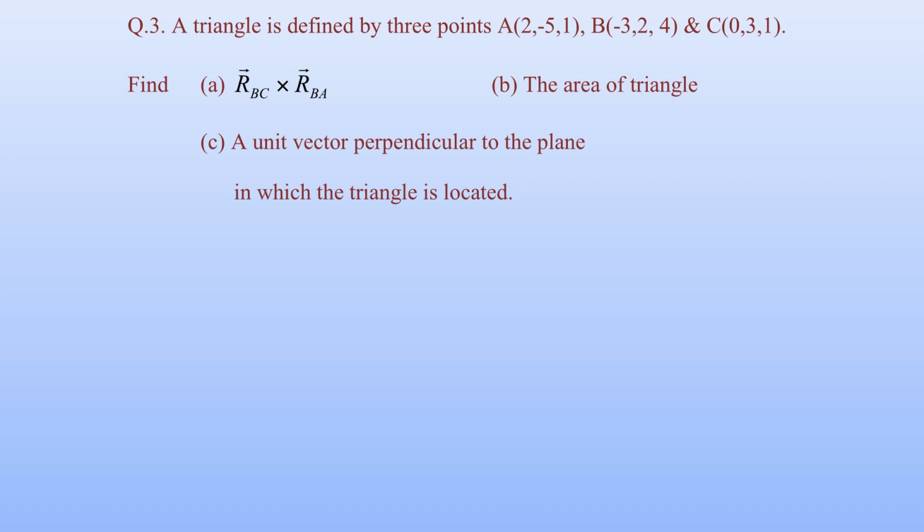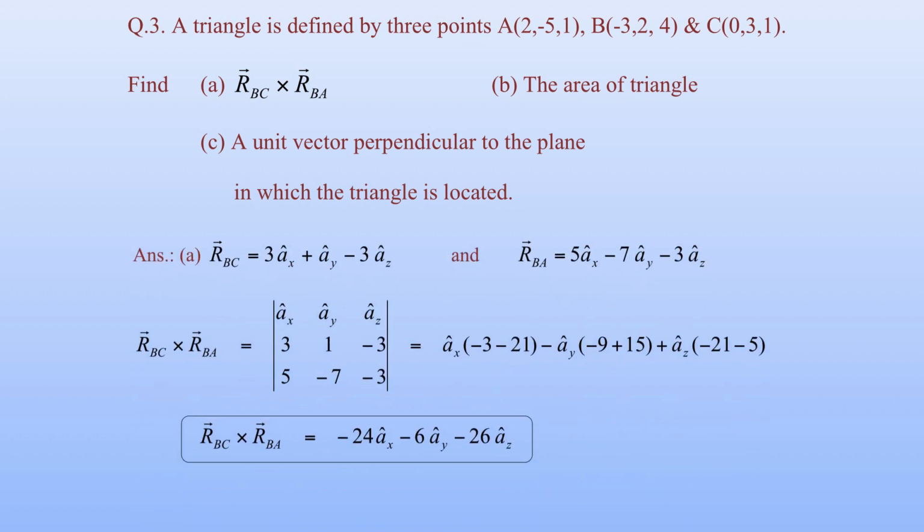So this unit vector is actually a vector which is perpendicular to the plane containing vector RBC and vector RBA. All these computations are related to computation of the cross product. So let us consider evaluation of cross products as a first part. For the cross product we require two vectors, that is, vector RBC can be obtained as vector RC minus RB as position vectors,